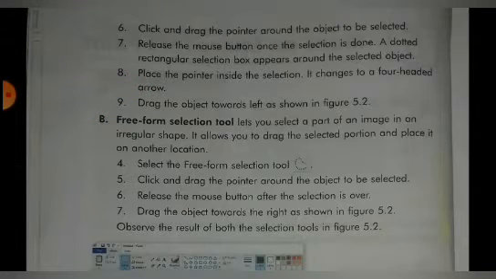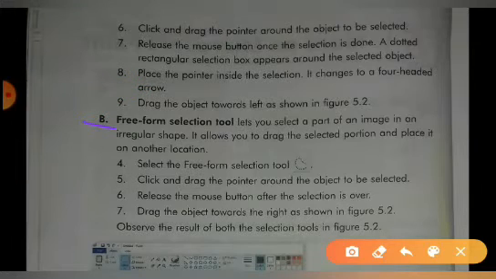Now you can see here this is the free-form selection tool. It lets you select a part of an image in an irregular shape. It allows you to drag the selected portion and place it in another location.